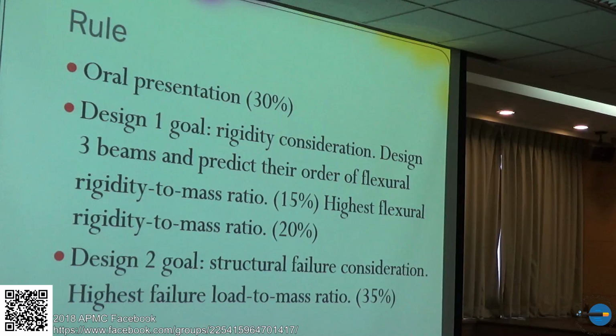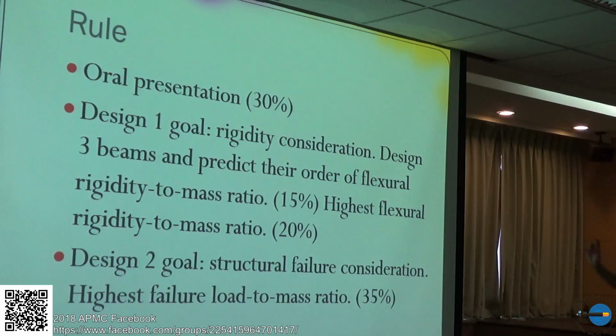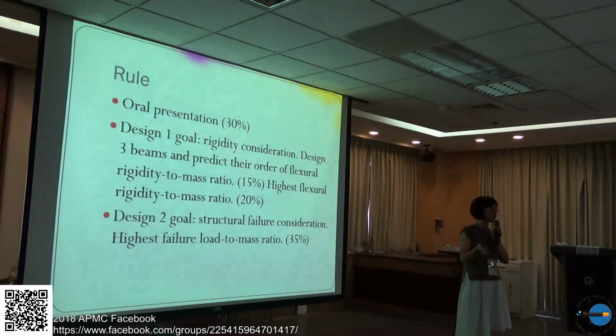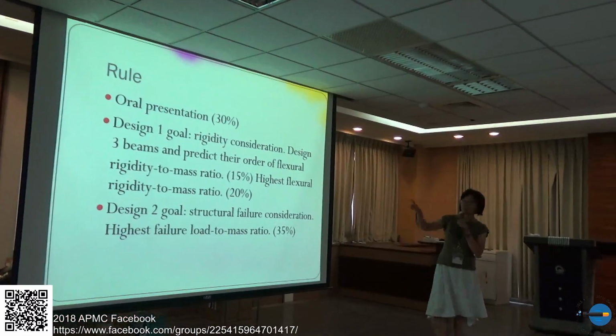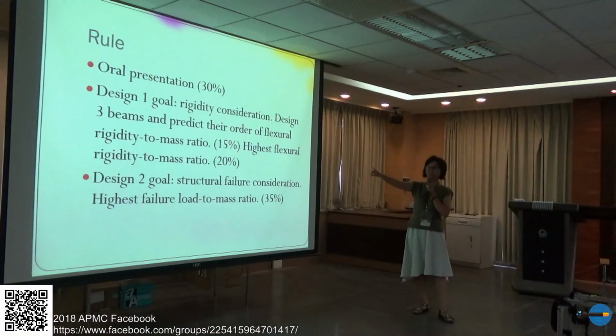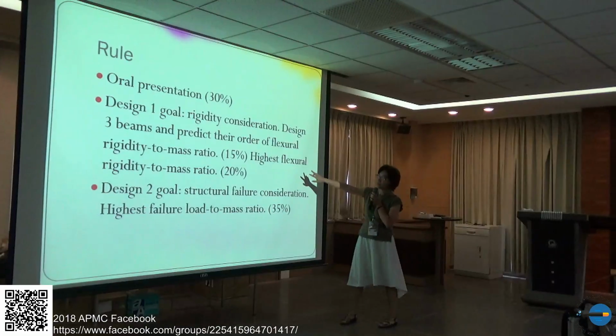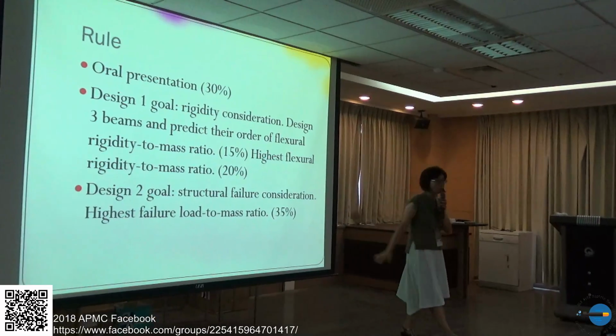Each team needs to design 3 beams, and you need to predict their order of rigidity to mass ratio, based on their rigidity to mass ratio. Okay, so this is the self-prediction part, and the other 20% of your score will be